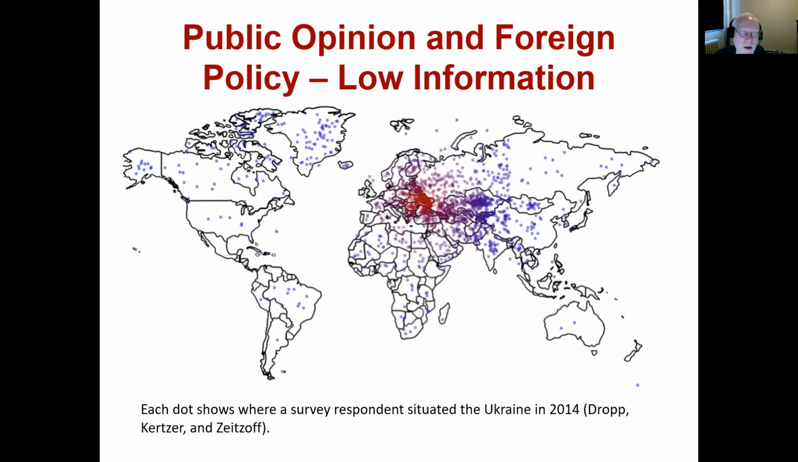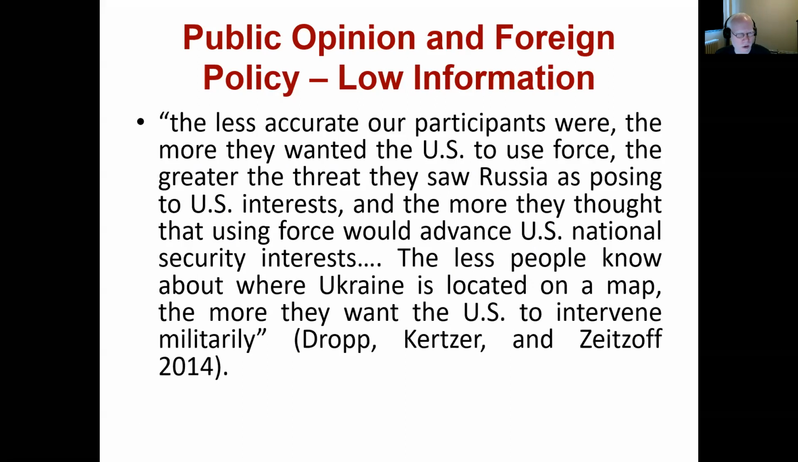So why does this matter, other than being a little bit funny, given how many bad responses there are? Based on the questions that came after people pointed to the map, the researchers found that the less accurate our participants were, the more they wanted the US to use force, the greater the threat they saw Russia as posing to US interests, and the more they thought that using force would advance US national security interests. The less people know about where Ukraine is located on the map, the more they want the